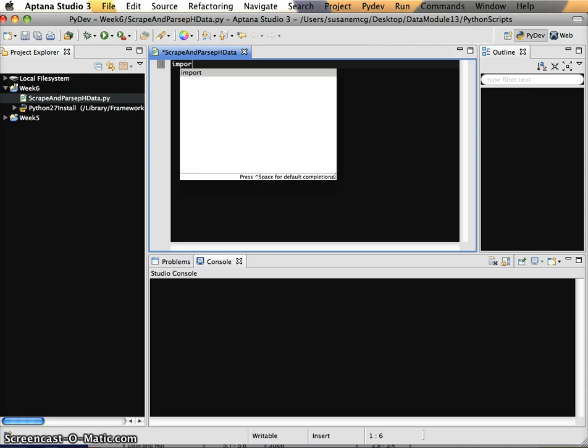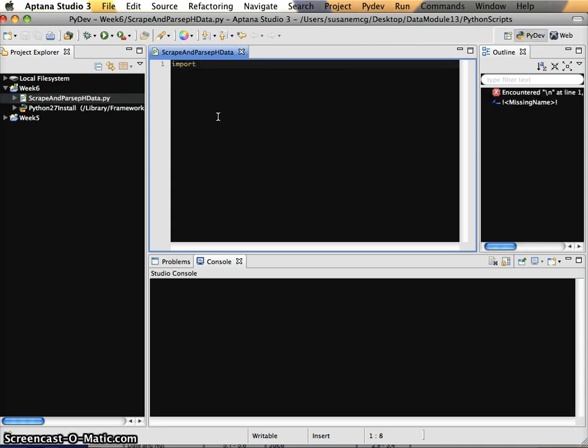We need to use a library for this as well. So the same way that we used the regular expression library last week, we're going to use a library for this as well. And this one is called URLlib2. Now there's multiple ones that you can use, and this is going to give me an error for a second,